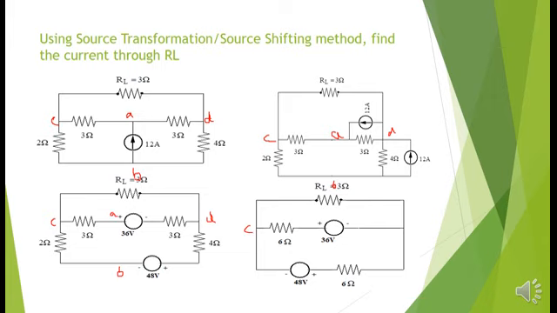Here 36 volt is connected in such a way that D is at lower potential and C is at higher potential. So the equivalent current source flows from D to C, lower potential to higher potential. Whereas this 48 volts practical voltage source, when transformed into a current source, the value is V by R, 48 by 6, that is 8 amps, and the current flows from C to D because C is of lower potential, D is of the higher potential.